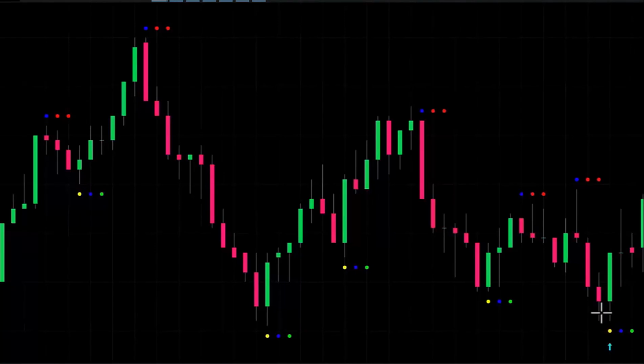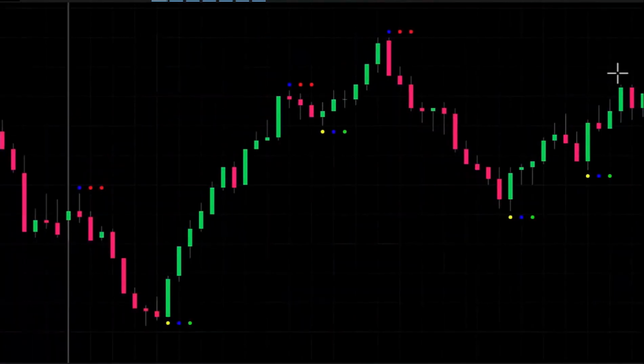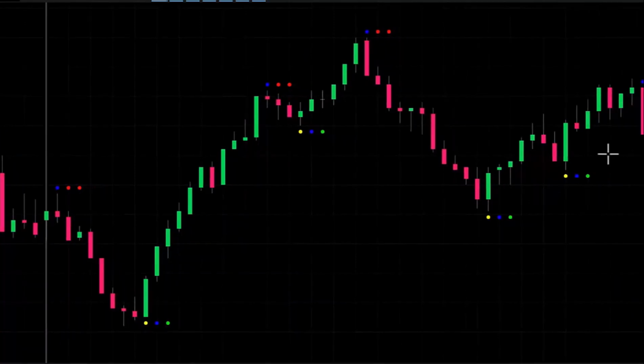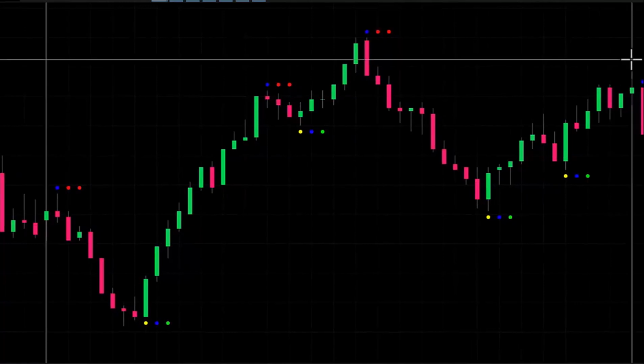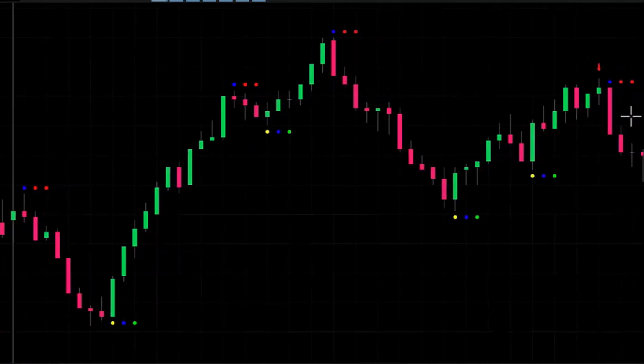It doesn't happen on the moment that a bar moves the other way. Notice it doesn't happen here, for example. It looks like it's an exhaustion point, right? It comes down even. If we're at the right edge of the chart, you might think, well, isn't that an exhaustion point? Well, as you can clearly see, it wasn't. This became the exhaustion point right here. And yet the dots don't even begin to show until 1, 2, 3 bars later. Okay? So the dots are always looking for